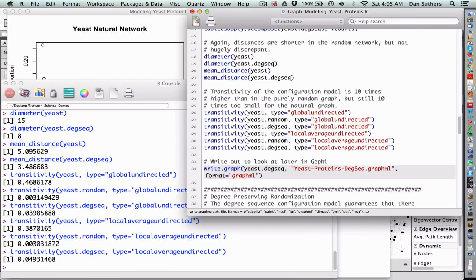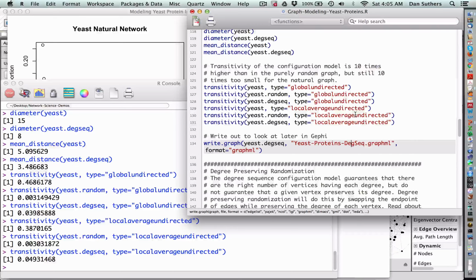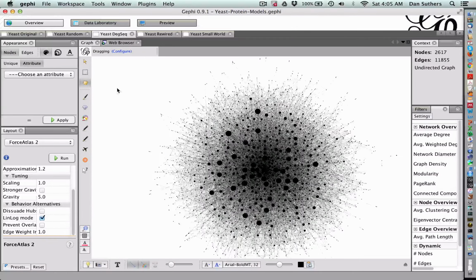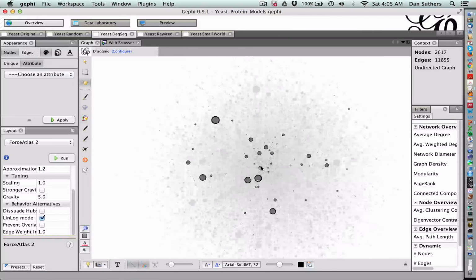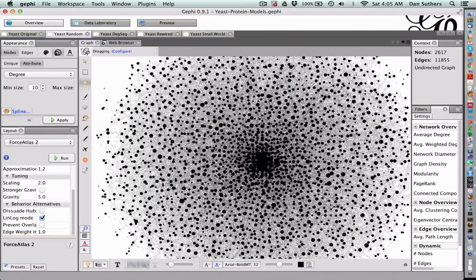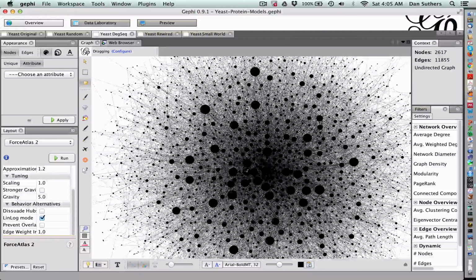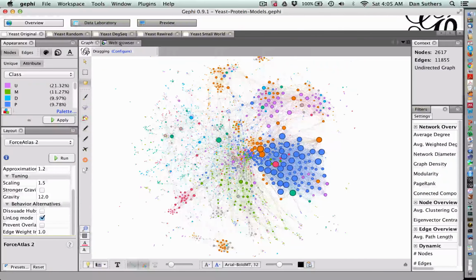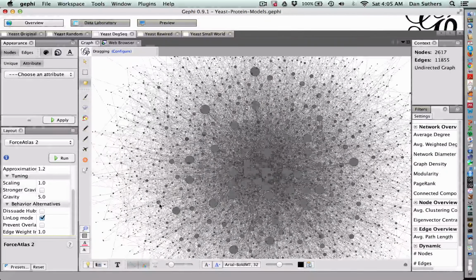Okay, again, we wrote this out in Gephi, and let's go to Gephi to see what I did on a previous pass of this. So here's the configuration model constrained to have the same degree sequence. So notice that the connectivity is still random. There's no real structure here, like this one has no real structure. But the nodes are sized by degree, and now we see the expected distribution like we had over here. There's a few high degree nodes and a whole lot of low degree nodes, just like there are here,